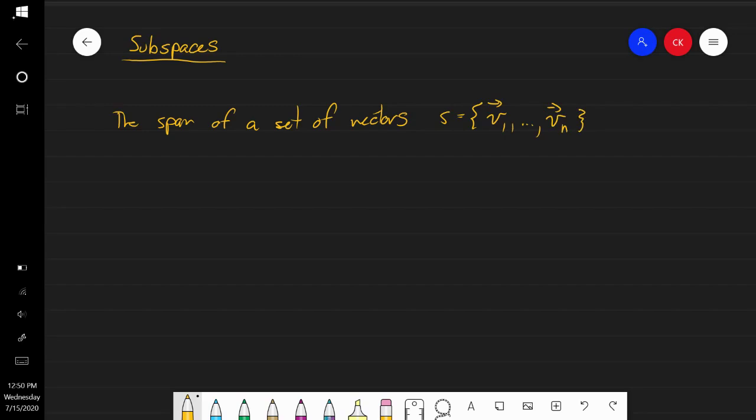And this is going to be out of some space Rn. Then the span is the set, or subset rather,